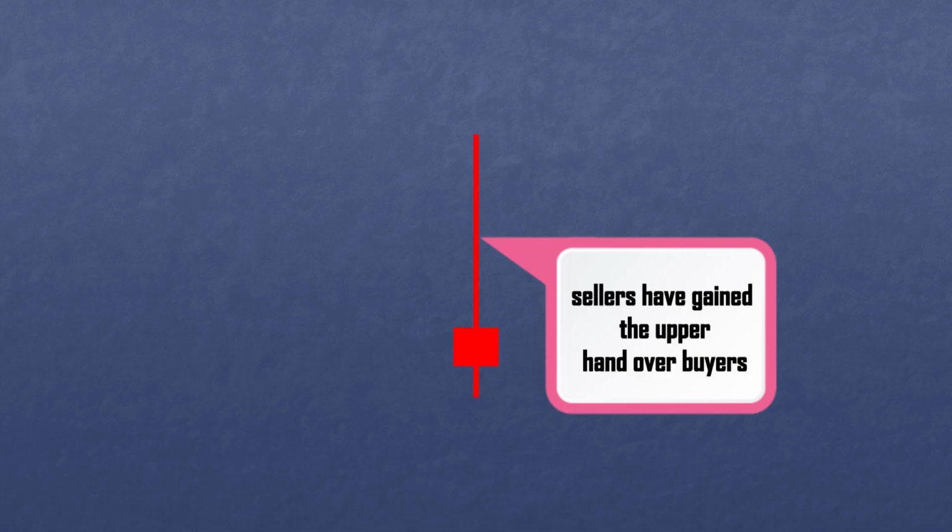Understanding the price action behind the pattern. The price opens at this level, and buyers initially push the price higher. They drive the price up significantly, forming a peak. However, at this peak level, sellers step in aggressively and push the price lower, even below the opening price. Sellers then continue to hold control, keeping the price near its lowest point by the time the candle closes. This price action indicates that sellers have gained the upper hand over buyers. A bearish pin bar appearing after a strong uptrend can be a reliable signal that momentum is shifting downward.